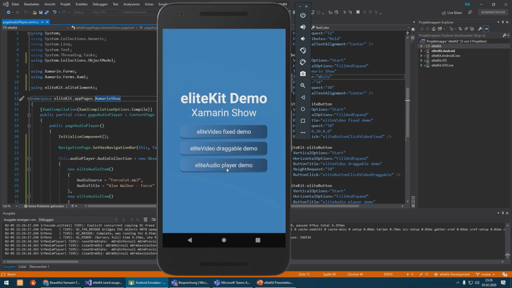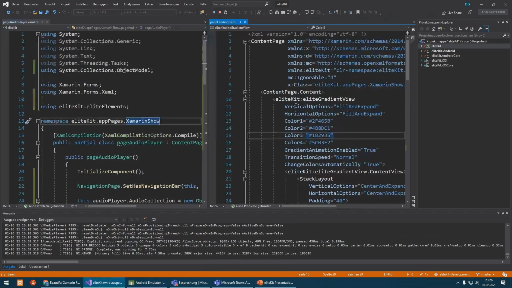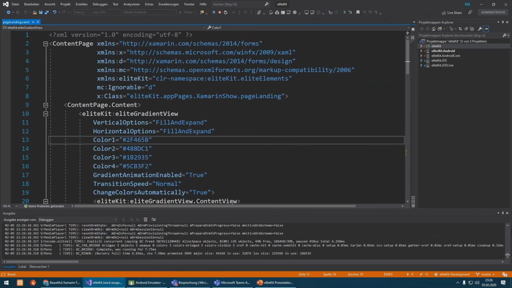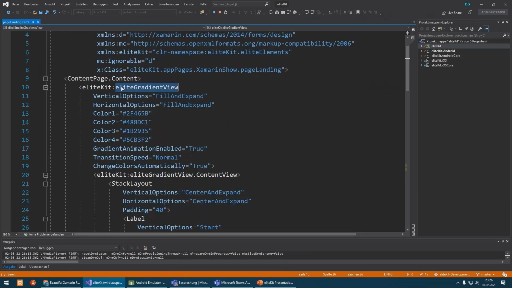And so far for the future there are a lot more properties planned. Very cool. And also Elite, am I seeing some gradient background change on this demo home screen? What's going on there? Yeah, that's the Elite gradient background. So you can define it yourself, as you can see here in the code. That's very cool. There is the Elite gradient view.